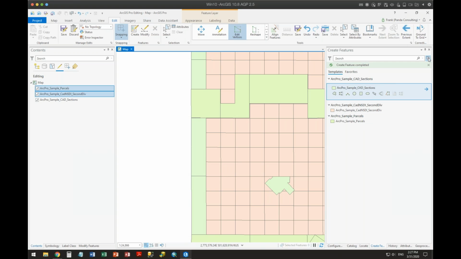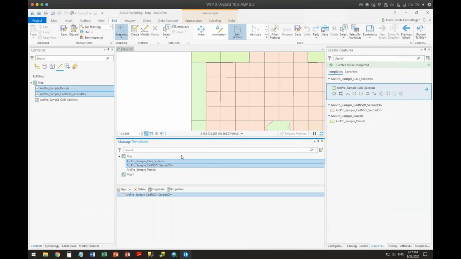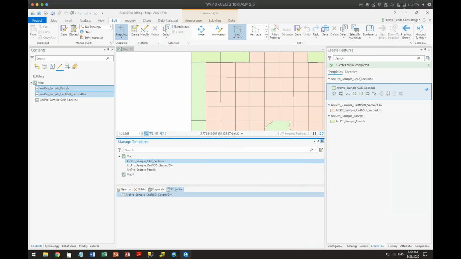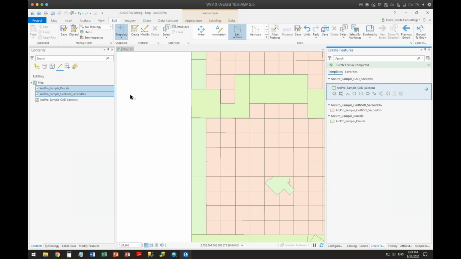And that, by the way, is here when we go to manage templates. It allows us to go and take a template and edit it and set the properties on it. And again, that's a deep dive there to go and do that. So templates are important. That is editing, list by editing.